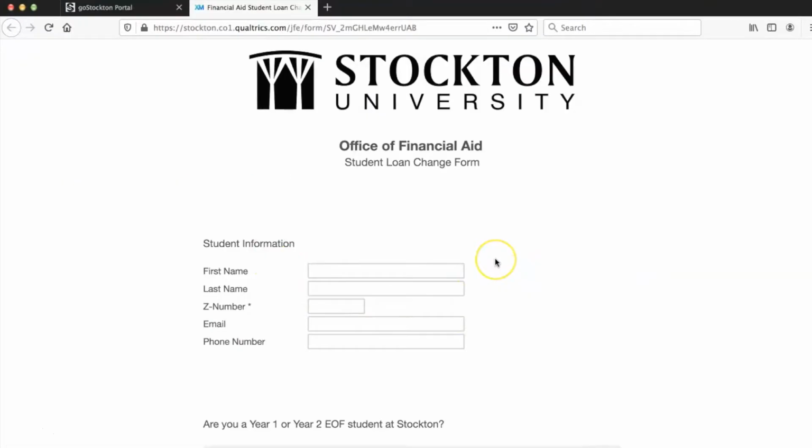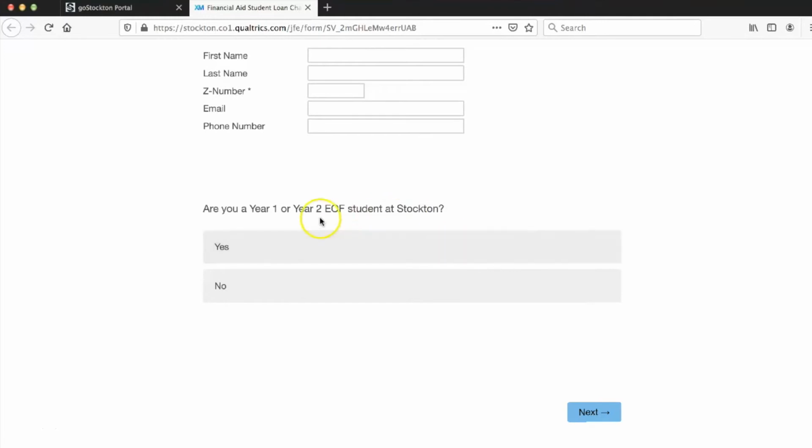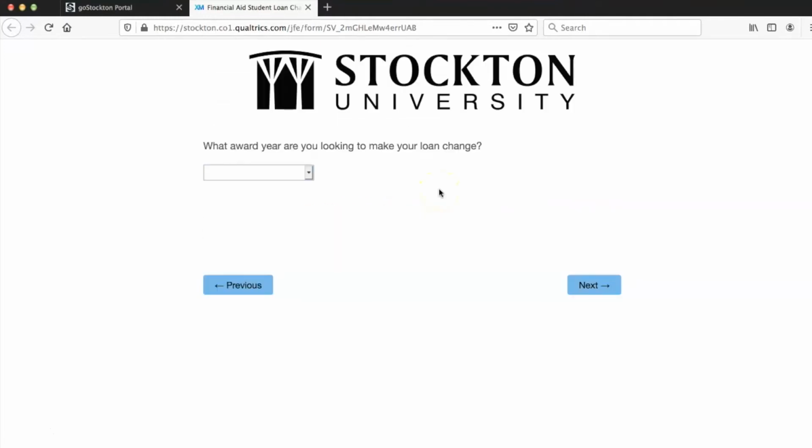After clicking on the Make a Loan Change graphic, you will need to enter your demographic information, including your first and last name, student ID number, email, and phone number into the text boxes. Then you must select whether or not you are a first or second year EOF student at Stockton. Click Next. You will select the year for which you would like to adjust the loan. To make an adjustment to a loan for the Fall 2020 and Spring 2021 semesters, select the year 2020, 2021